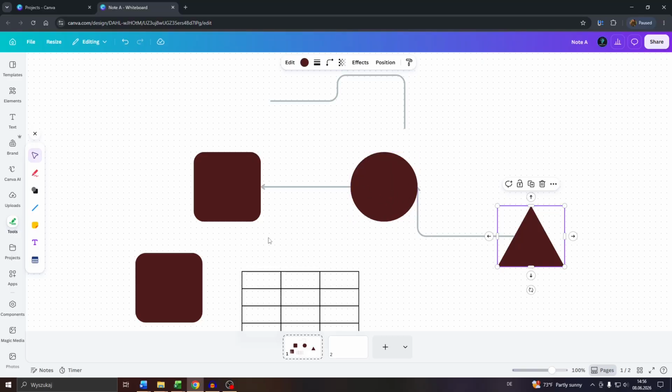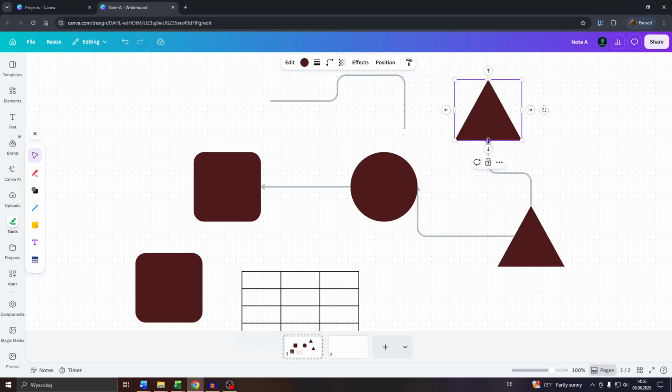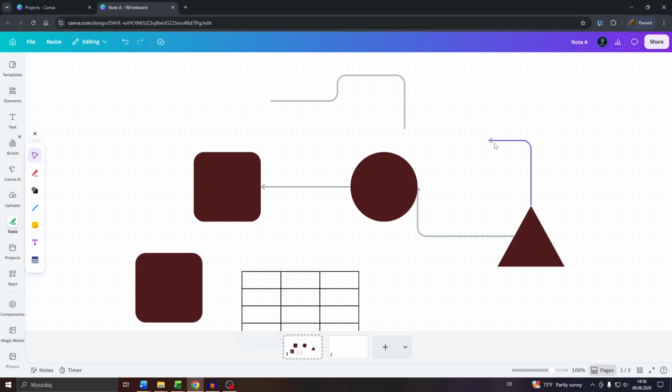Option number one: you left click into the given shape, and then you will see these four dots here. You can use any of these. Left click into it, hold your left mouse button and drag to the copied element here, left click. Then you may left click into the copied or duplicated element and remove it by pressing backspace, and this will